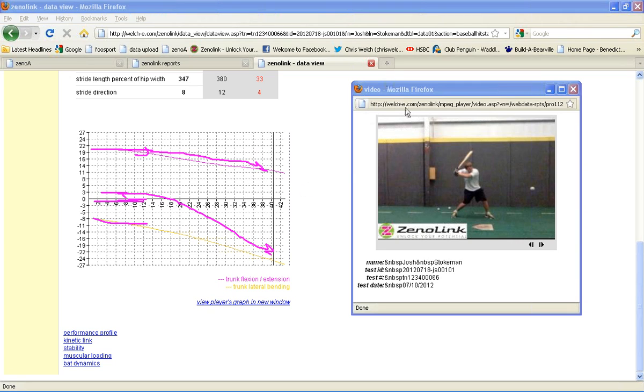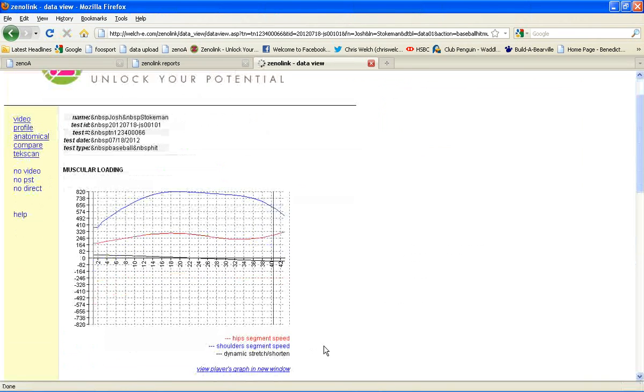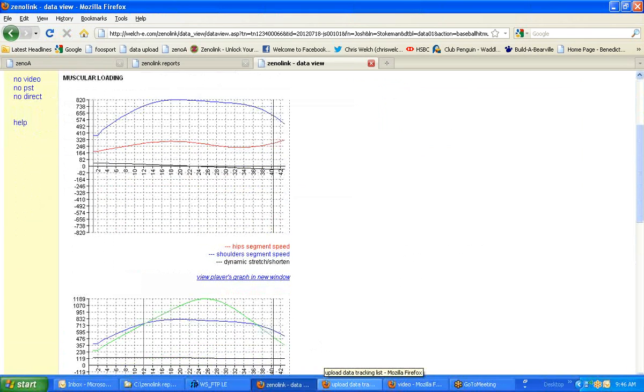So core stability is actually pretty good, but we want to use that core stability to engage the core musculature and transfer speed better between the lower body and the upper body. With respect to loading,